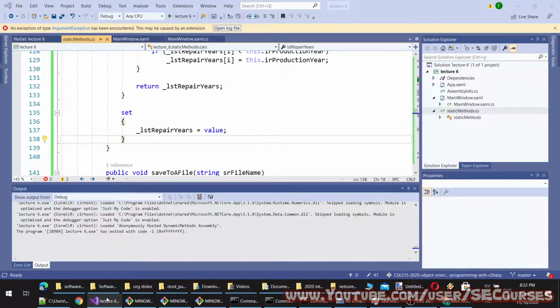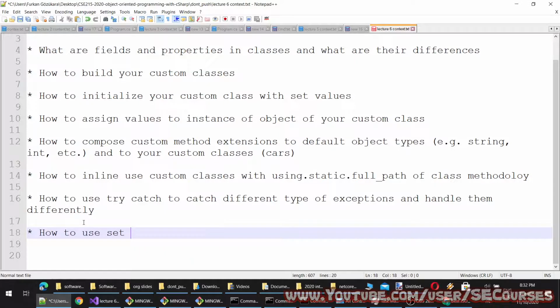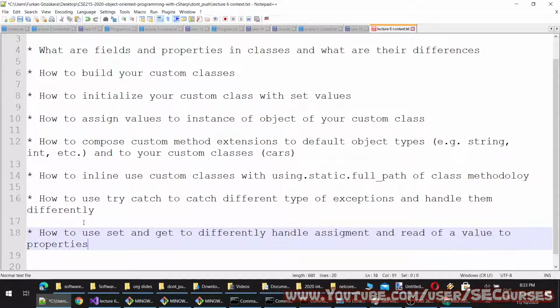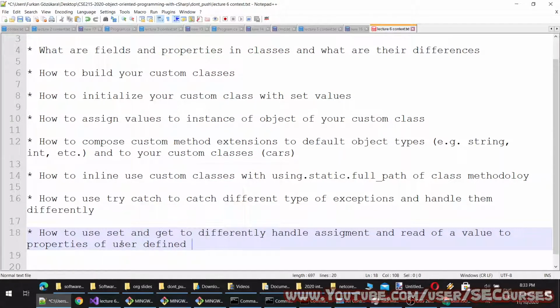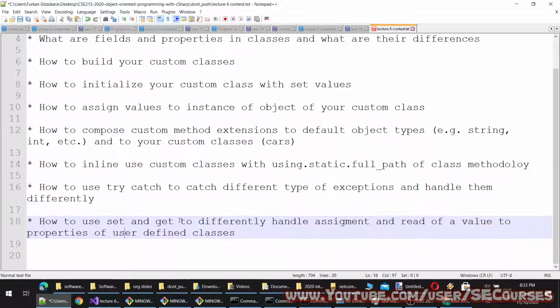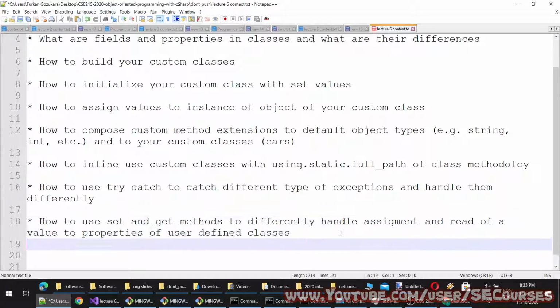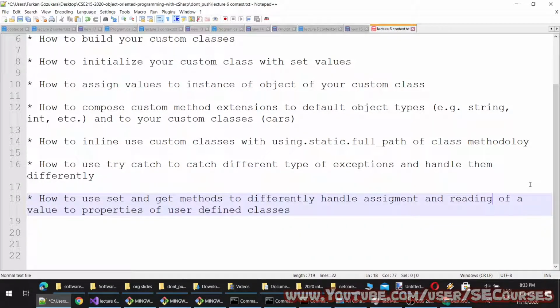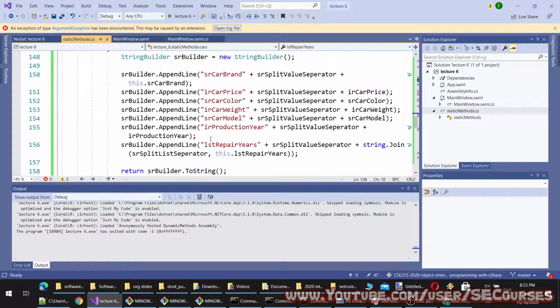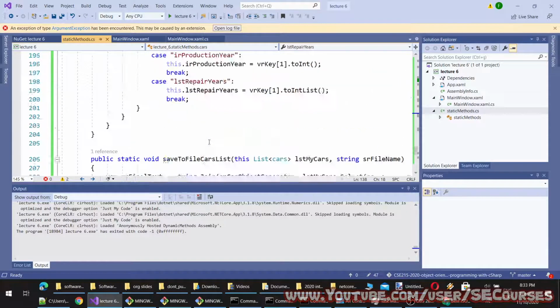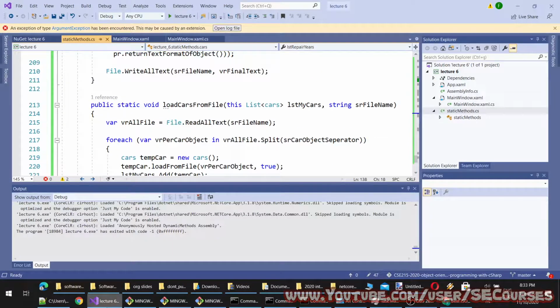Okay, what else? Okay, and switch case var static.